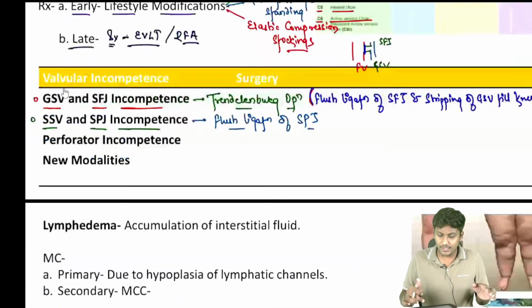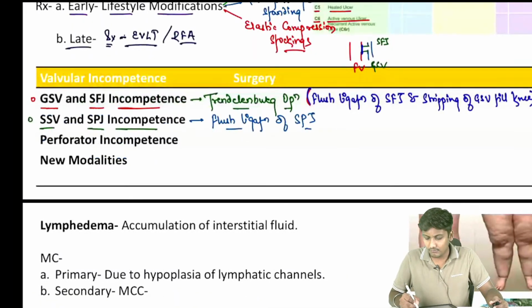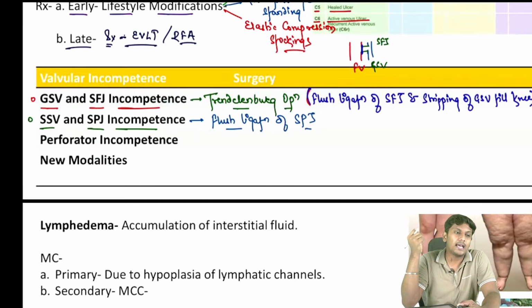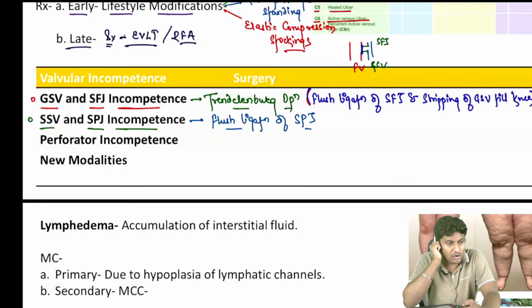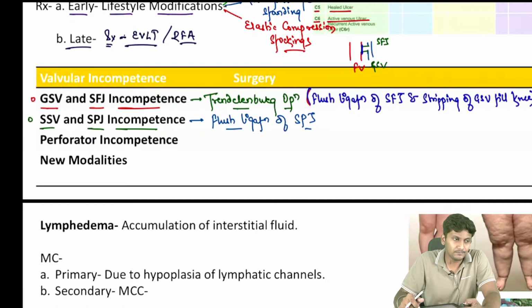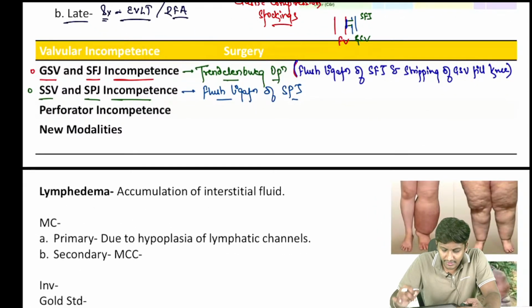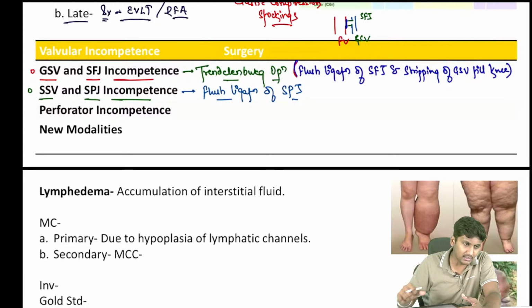Okay, so these surgeries are not commonly done nowadays. These surgeries usually are done in resource limited settings, these are the common ones, but nowadays as lasers are available, the better ones are always lasers. ठीक है, so please remember Trendelenburg operation or flush ligation of the short saphenopopliteal junction can be done in the patient. ठीक है,